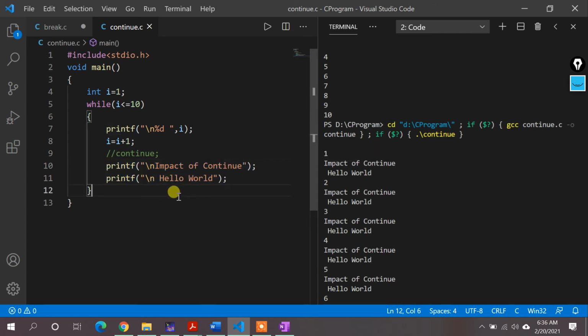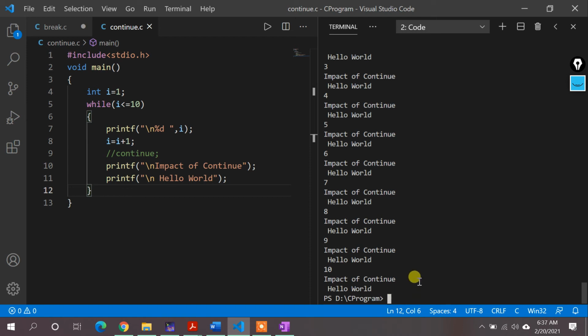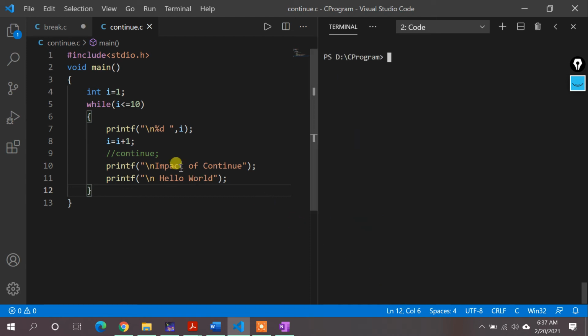So there are several uses of the continue statement in the C programming language. Whenever you are trying to solve some bigger problem, you will use this continue statement. I'll show you one problem with the continue statement. Let's say you want to print the numbers from 1 to 100, but you don't want to print the numbers which are divisible by 3. That can be easily solved with the continue statement. So let us solve that. Before that, let me clear the screen first. Then, the question is